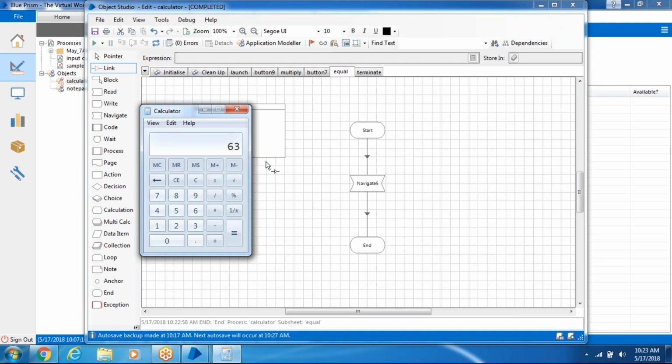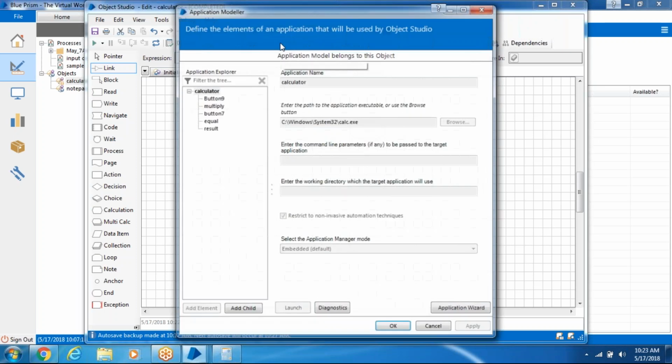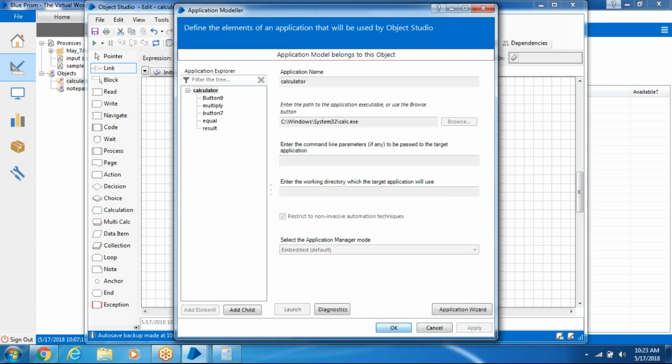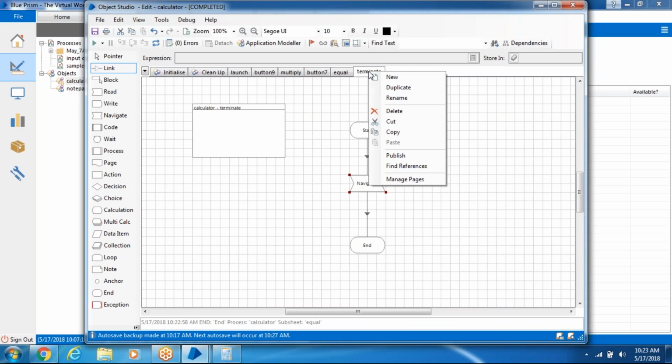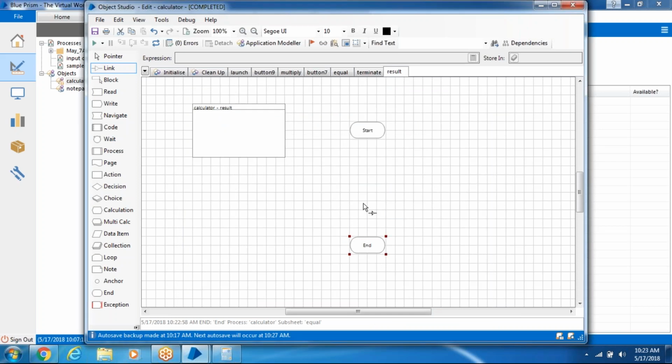See this result. After that, what you need to do? After the result, we need to get the result. After clicking on equal, we need to get the result, right? So we didn't use a result action here. Right click, new, result, click OK. Result, what we need to do? We need to pick the result, right? It means we need to read,